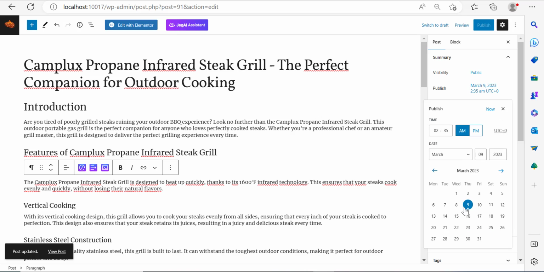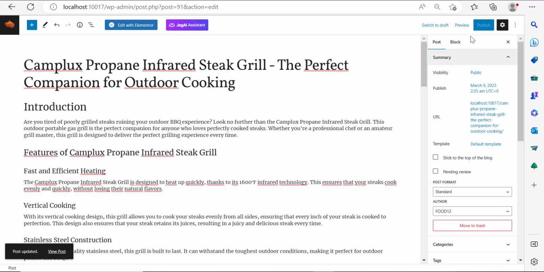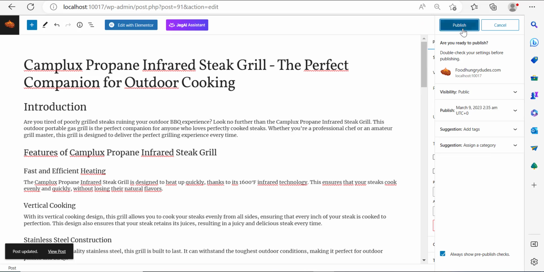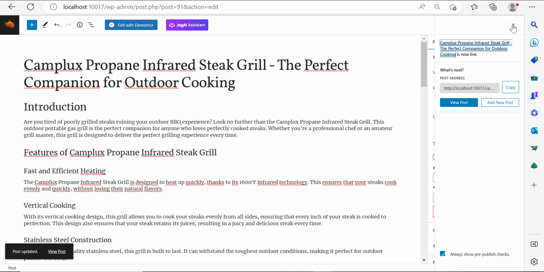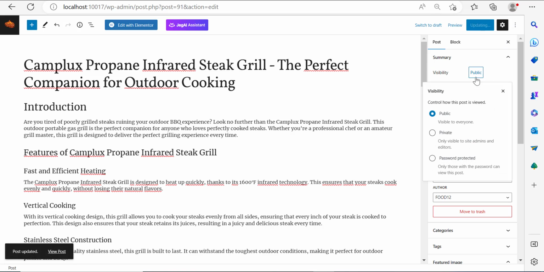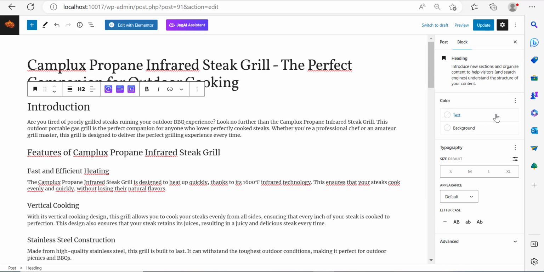Now, I don't want to publish it on March 11th, so I'll get it back to what it was and publish again. And I'll show you another interesting feature of this is that you can make your post public, you can make it private, and you can even protect it using a password. You can give this post a password that you can only share with people that you know. So you can assign a password to it, and only the people with the password will be able to access